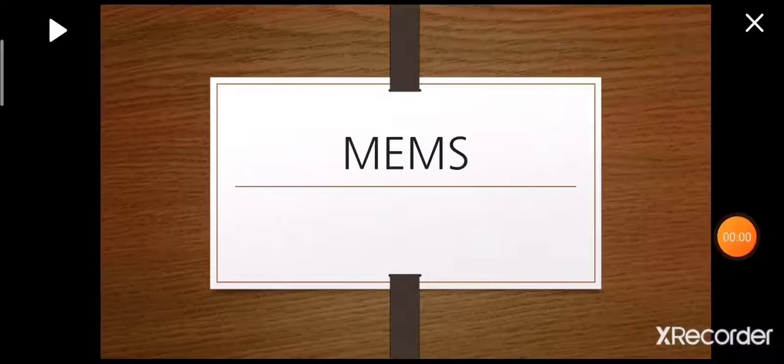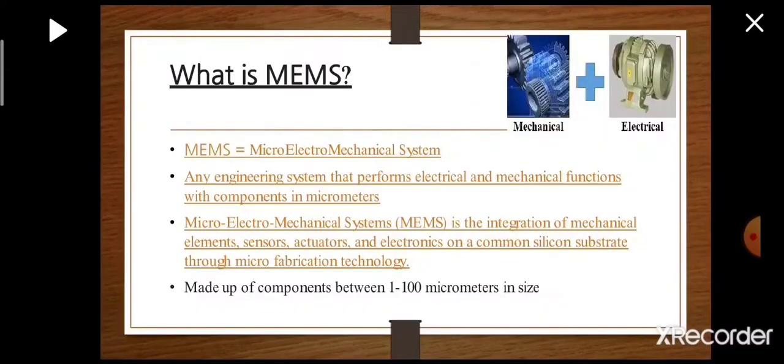Today I am going to discuss an introduction on MEMS. So what is MEMS? MEMS is an abbreviation of micro electromechanical systems. It is any engineering system that performs electrical and mechanical functions with components in the micrometer range. Micro electromechanical systems are the integration of mechanical elements, sensors, actuators and